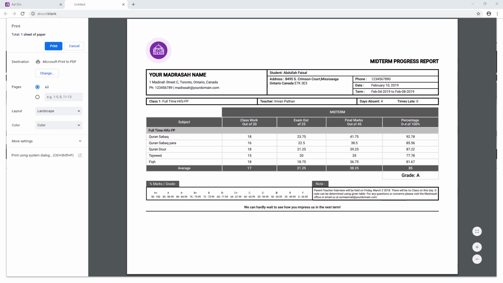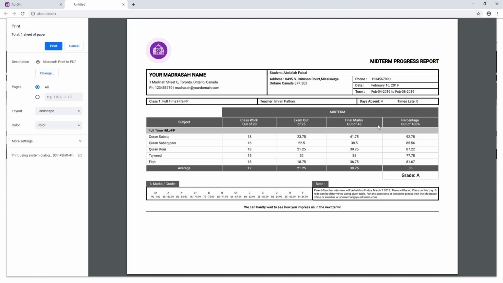Now the percentage out of 100, so basically the final marks are getting converted back into hundreds, and the total average that you're getting up here is 85% overall for the midterm, and the grade is defined under the grades in solution, and based on the grade ranges, the system will automatically pick the grade for you here. So 85% falls in between the 85 and 89.99, hence the grade is A for this particular student for the